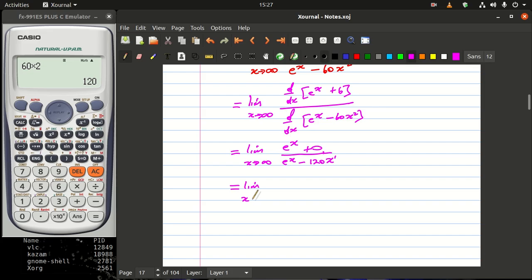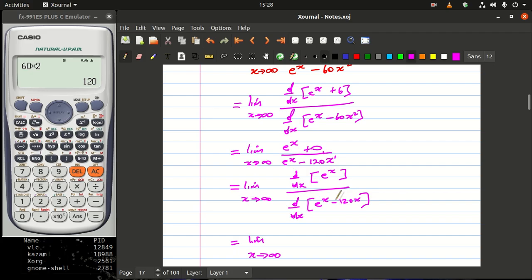the limit as x approaches infinity of this whole thing here, but because we are getting infinity over infinity, we take the derivative again for the last time or last 2 times, and then we'll get e raised to the power x, and then plus 0 is just e to the power x, and then we take the derivative of the denominator with respect to x of e to the power x minus 120x. And if you look carefully into this, you will find out that now we are landing with the limit as x approaches infinity,